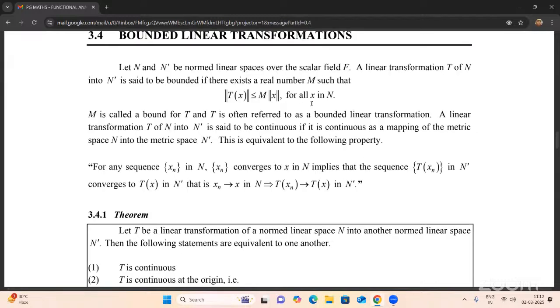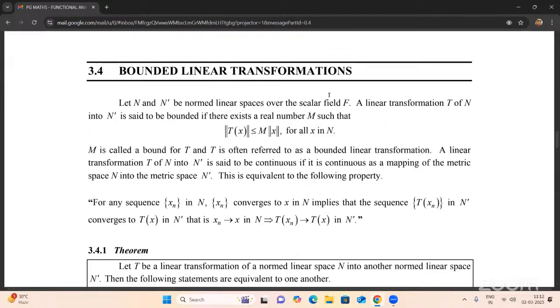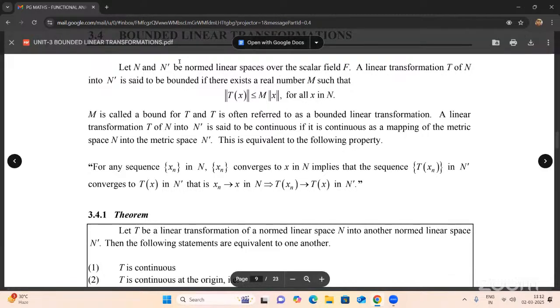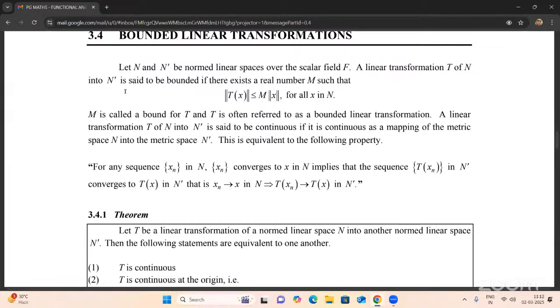What is boundedness? This is one of the important concepts. Now this is the justification of the title here. Boundedness. What is the boundedness of a linear transformation? Okay. First of all, let N and N dash be two normed linear spaces over the same scalar field F. Now here the transformation is defined as T maps N into N dash. So given the map, what is bounded? Defined bounded linear transformation means T maps N into N dash is a linear transformation, and it is bounded